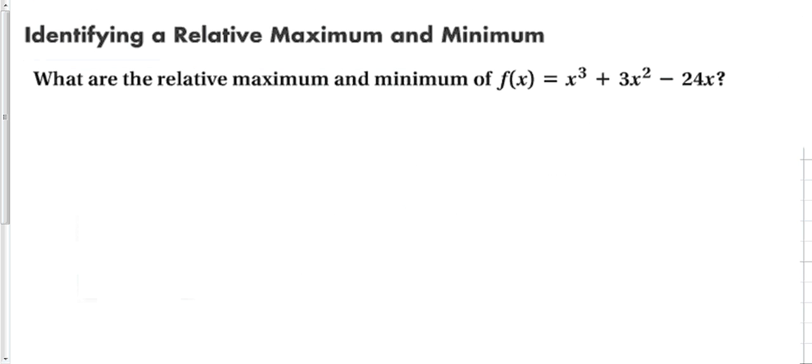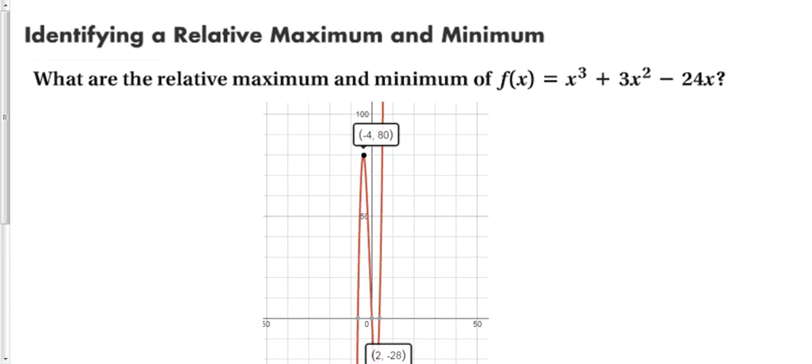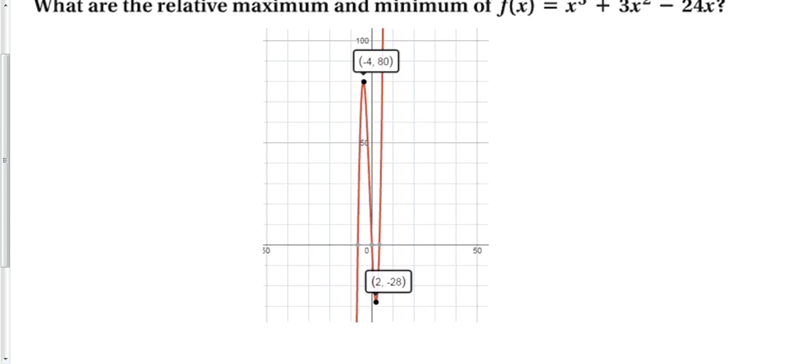So, identifying relative mins and maxes. What is the relative minimum and maximum of that graph? There is no easy way to calculate that. Basically, you're going to have to use a graphing calculator or Desmos. So when we look at this